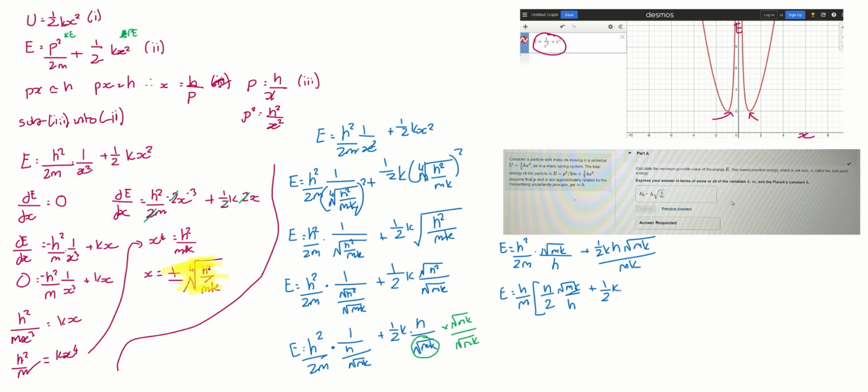I've got to be careful here because I made that a little bit too long, because when I rationalize the third, it's just root mk over mk plus a half k. What are we taking outside? We're taking an h and we're taking out an m, so that means we're left with a half k root mk